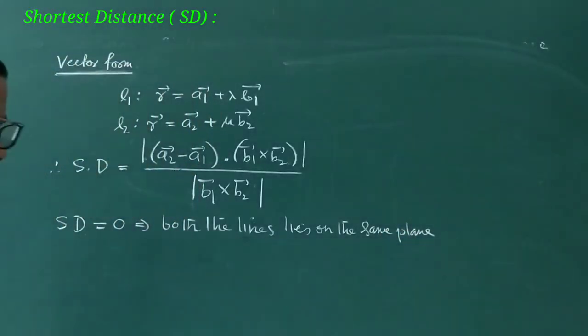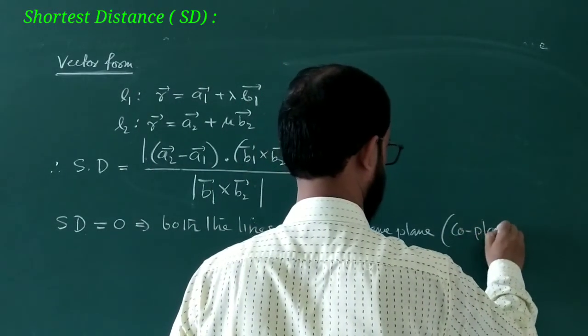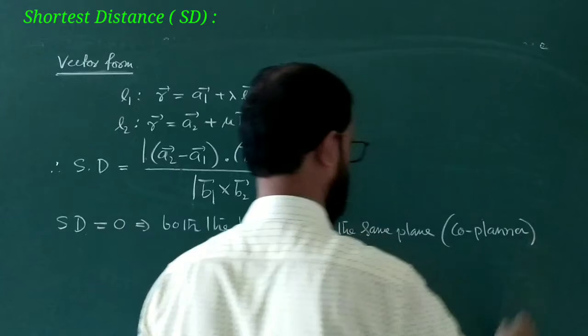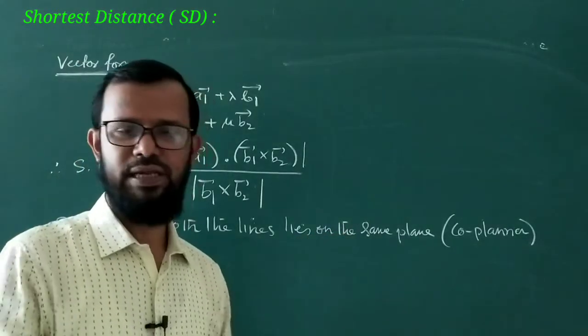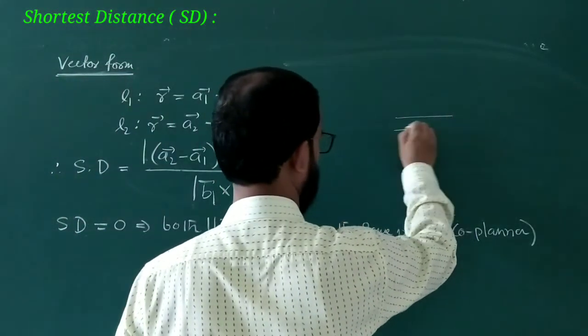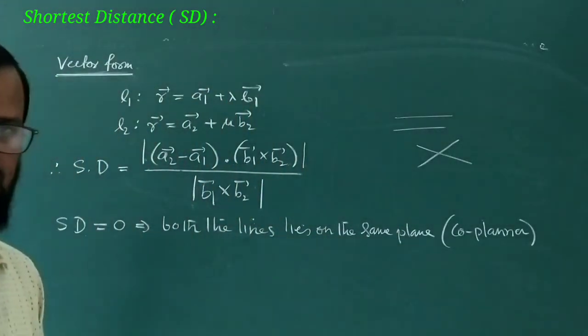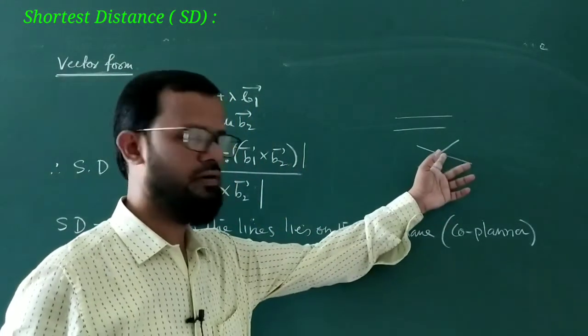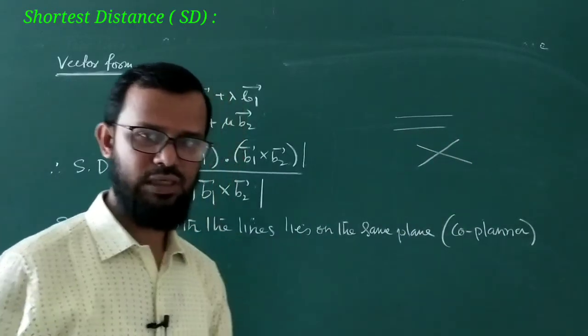Lies on the same plane means what? Coplanar, एक ही प्लेन में है, ठीक है। Whenever I say lies on the same plane, you have to understand it is coplanar, right? जब दोनों लाइन सेम प्लेन में आ जाएगी, तो दोनों लाइन क्या हो सकता है, पैरेलल हो सकता है, या दोनों इंटरसेक्टिंग भी हो सकता है कि नहीं। सेम प्लेन में आ जाएगा तो दोनों लाइन इंटरसेक्टिंग हो सकता है, या दोनों लाइन पैरेलल होगा। अंडरस्टूड।